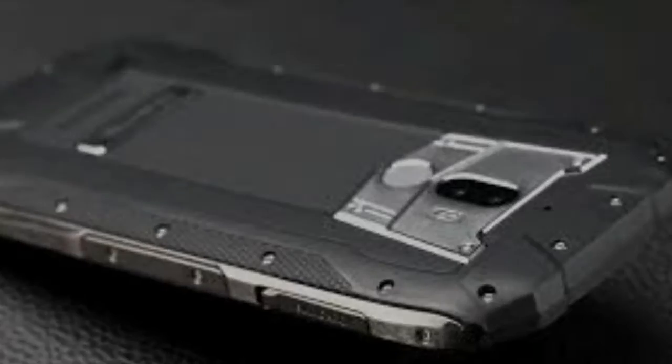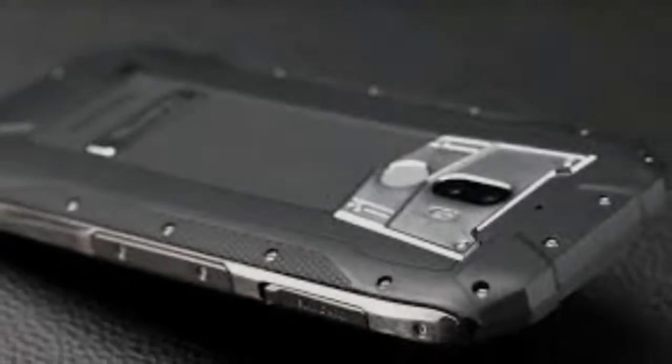Sector runway on the specifications. The Oukitel S3 Mini was after a successful launch for the K10000 Max. Oukitel announced a new rugged smartphone at MWC last week, the Oukitel